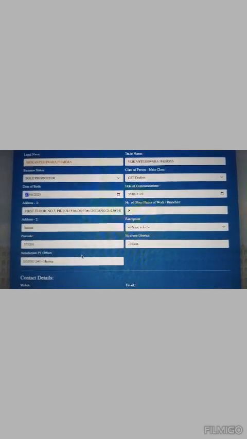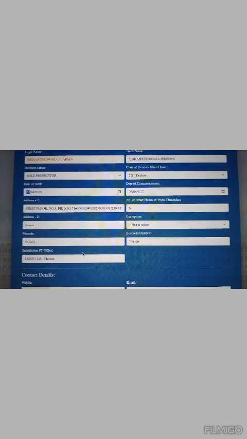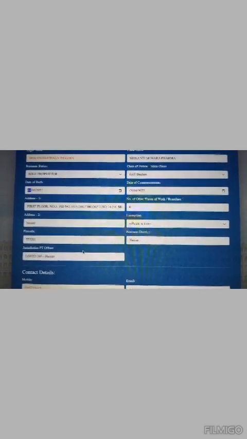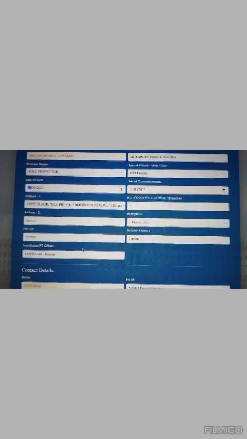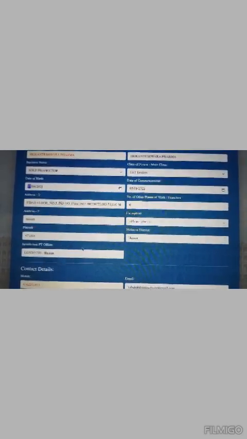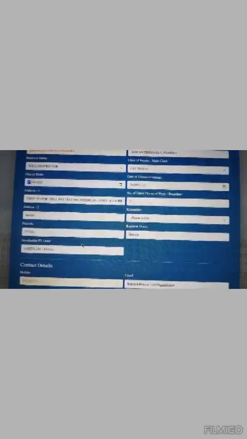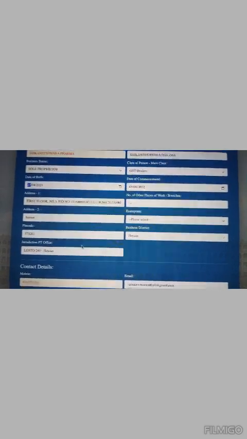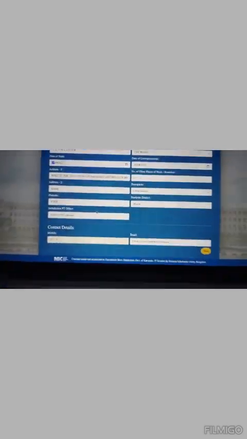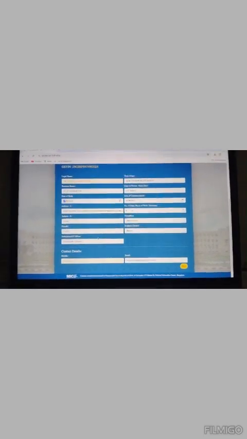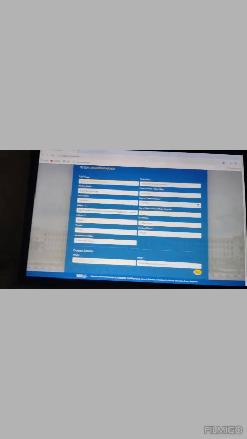If you type one by mistake, you have to make 2 payments: one for your business place and one for your additional business place. It will be counted. So there is no additional business place, so I have made it 0. Kindly make sure that it is 0, and that the mobile number and mail ID are proper. Then I can click here for the next. If you click here for the next,